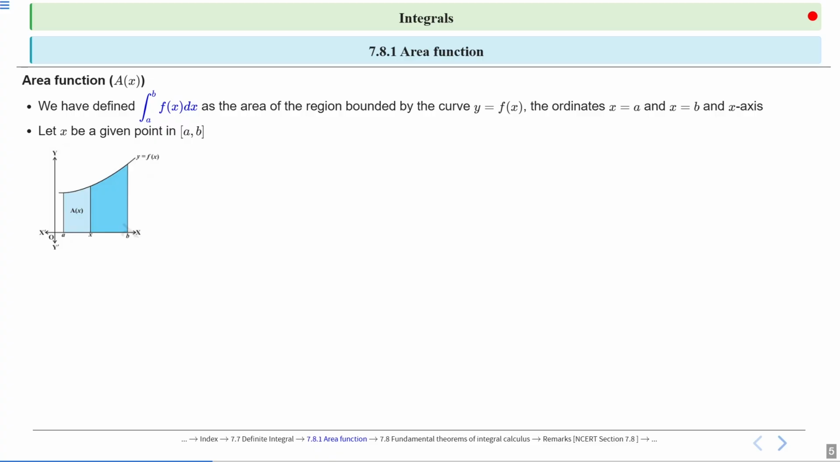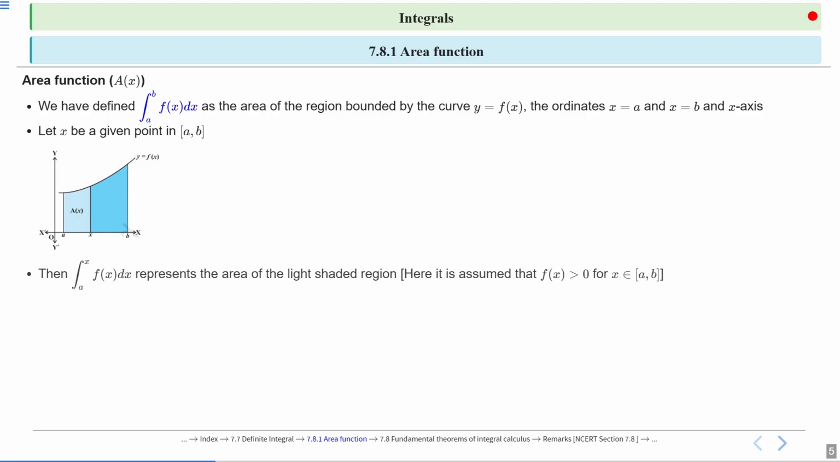When we see the figure, we can understand better. X axis, y axis, and it represents a curve of y is equal to f(x), and the area function is denoted as capital A(x). So the definite integral a to b f(x) dx is the area, the blue shaded region